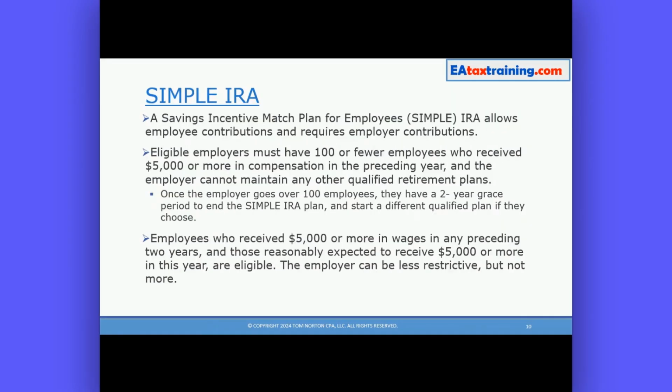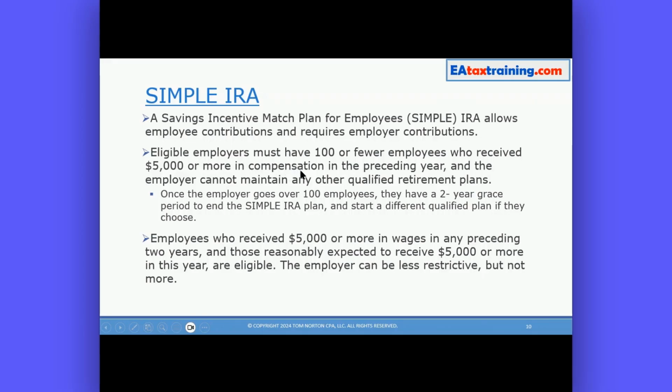A SIMPLE IRA, a Savings Incentive Match Plan for Employees. This allows employee contributions and requires employer contributions. Remember, the SEP did not allow employee contributions, and employer contributions are optional. They are not required. For a SIMPLE plan, eligible employers must have 100 or fewer employees who received $5,000